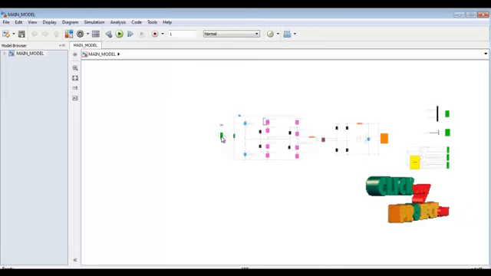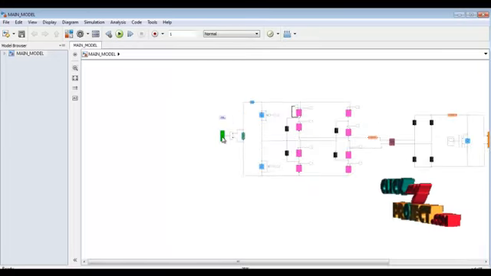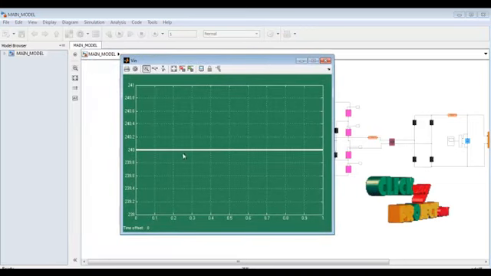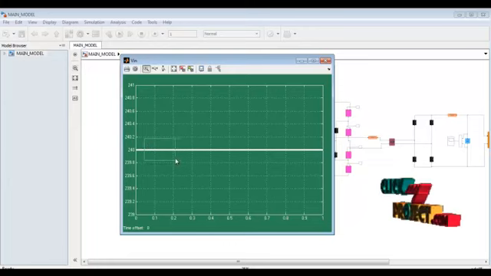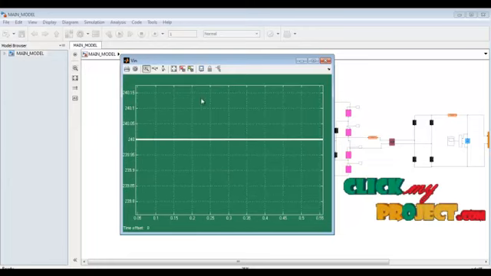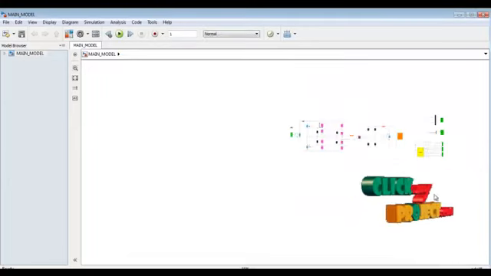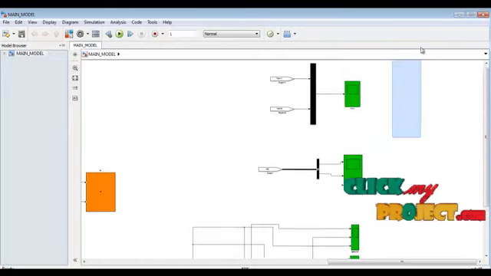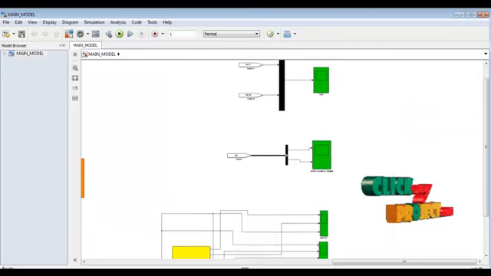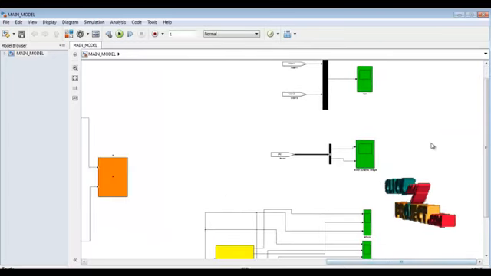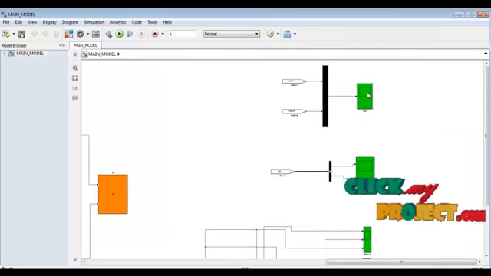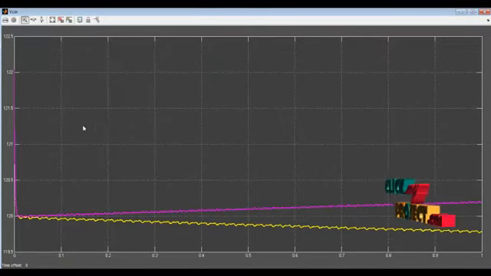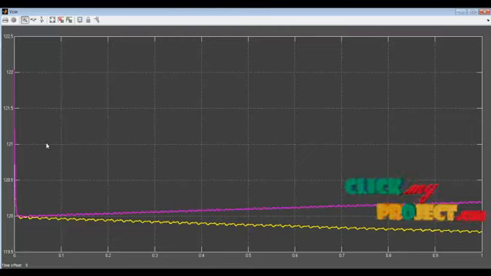This is our DC input. We give a constant DC input of 240 volts. And next we can see the corresponding scope blocks using the From blocks. This is for VCN, because this is the flyback converter voltage.